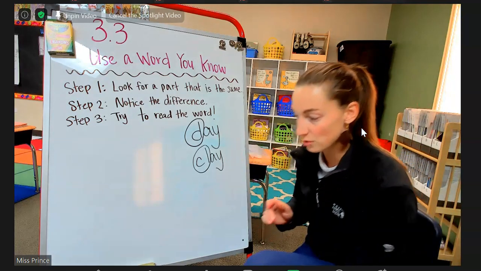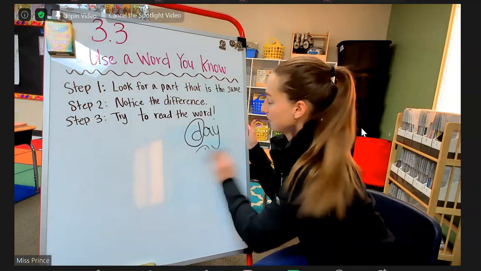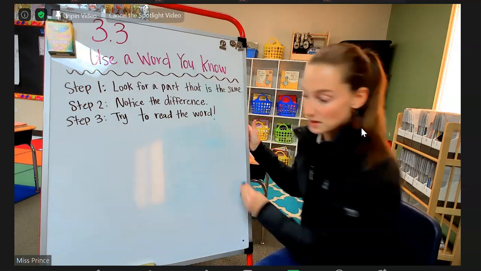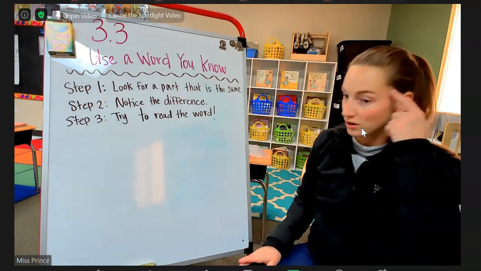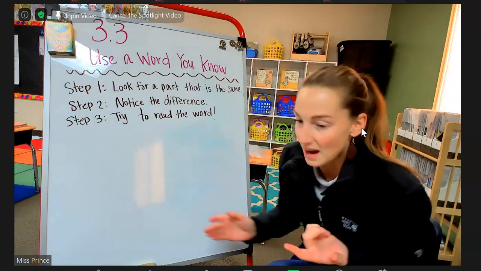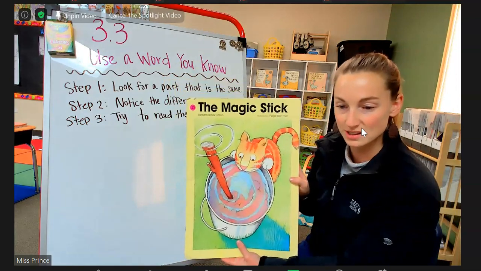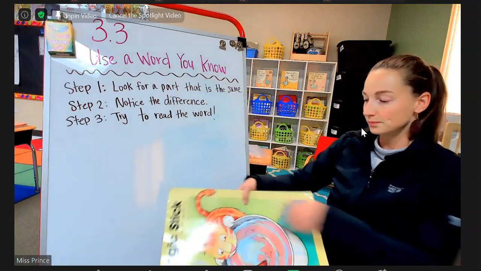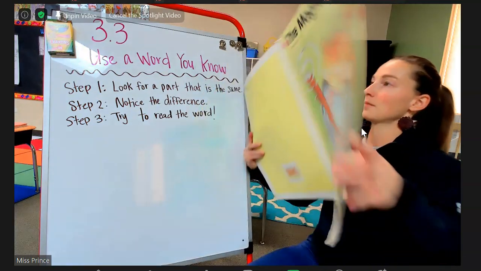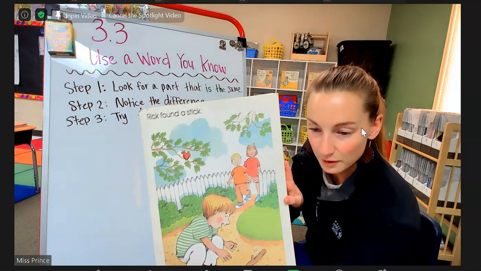So I'm going to show you a story, and this story is called The Magic Stick. And there's going to be some words in here that we need to really focus on. And we need to ask ourselves, is there a part of that word that I already know? And then we can solve it together. The magic stick. Rick found a